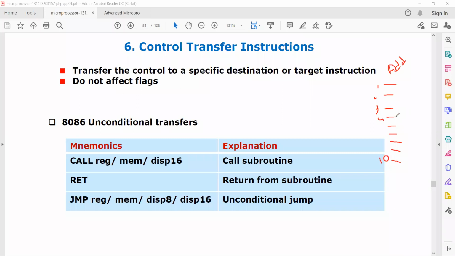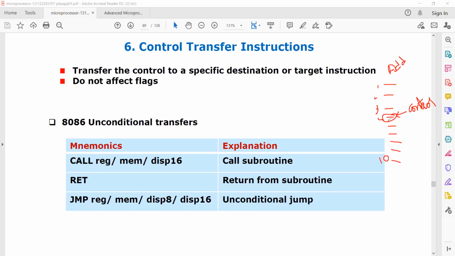Suppose that the processor is working on the fourth line. What do you mean by control? You see a cursor, right? That is called control. So the control is in the fourth line. That means the processor is executing the fourth instruction.